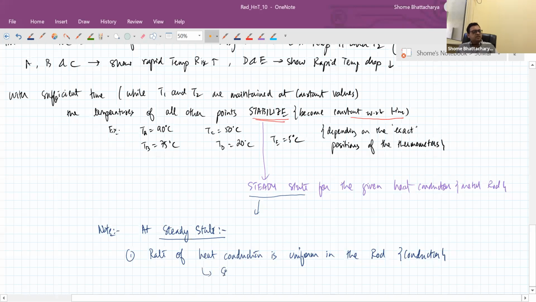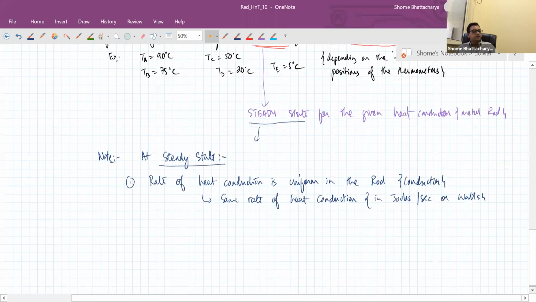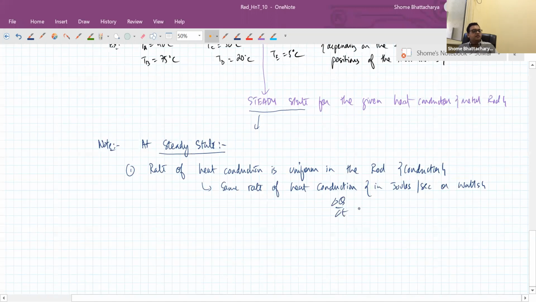It means the same rate of heat conduction in joules per second or watts. So the same rate of heat conduction, which we will call delta Q by delta T in joules per second or watts, is taking place across the rod